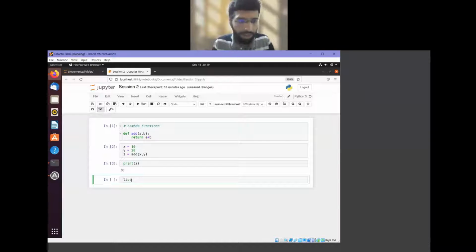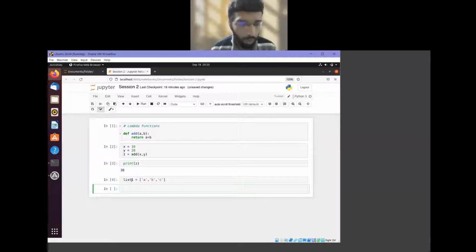Suppose I have a list one, which has some characters, maybe A, B, C. Suppose I want to make a list two where I have the characters in list one, but in uppercase.